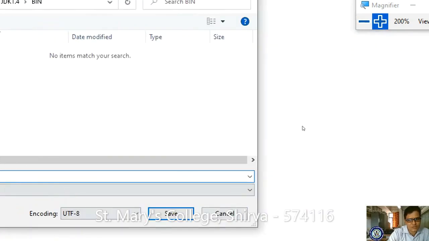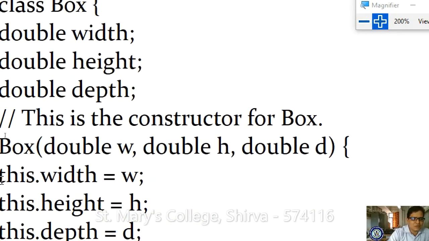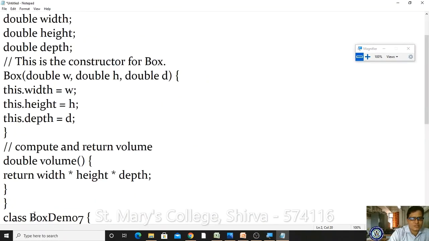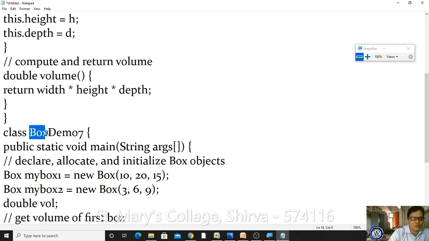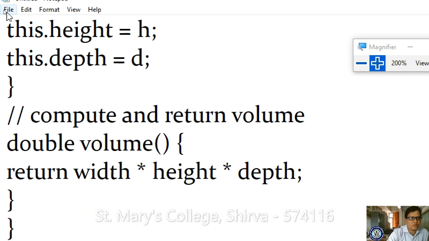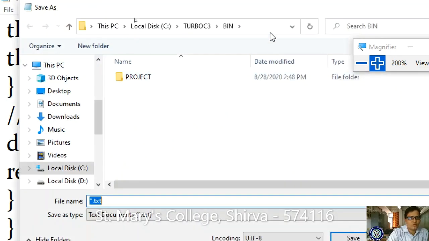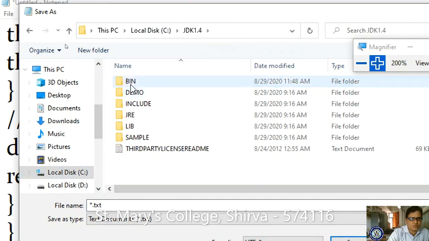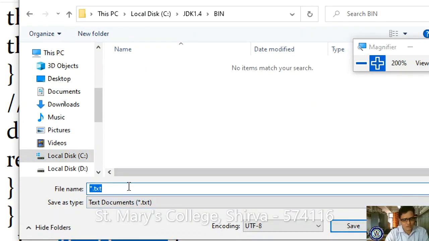What is the name of the class? I forgot. Let me come here. Here the name of the class is BoxDemo7, because the main method is in this class. I'm copying it, opening File, Save, confirming it is in the C drive, JDK folder, bin folder, and while saving .java is also provided, and click the Save option.